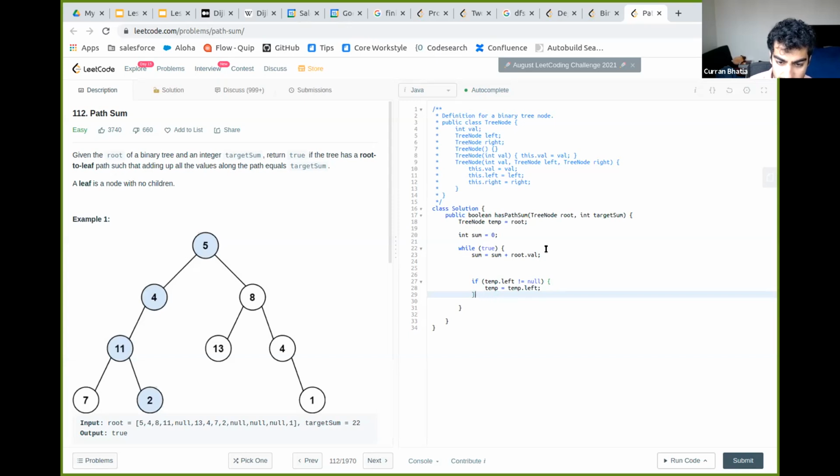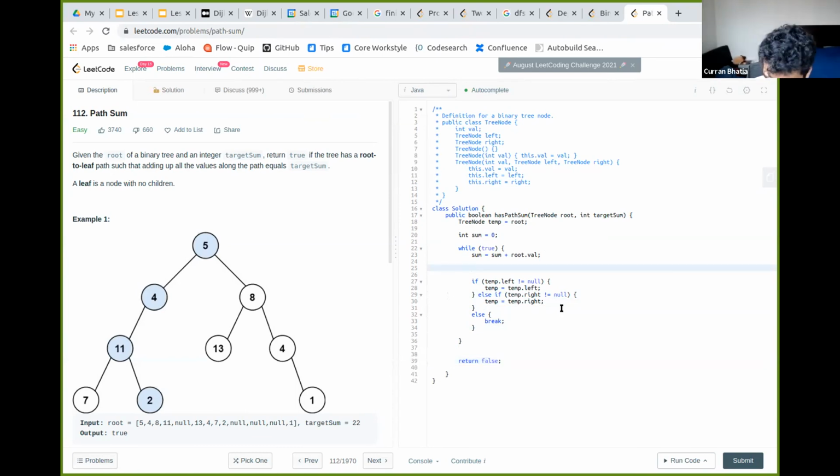Else if temp dot right is not equal null, then temp equals temp dot right. And then else break, or return false.